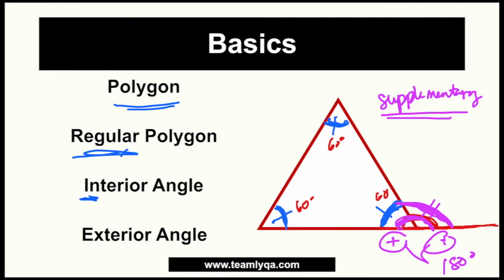So, ibig sabihin, kung 60 degrees ito, ang kanyang exterior angle is just going to be 180 minus 60. Okay? Dahil, sabi natin, isang buong linya to, 180. So, kung 180 ito lahat, para makuha ko to, itong side lang na to, ibabawas ko lang yung 60 sa 180, lalabas 120 degrees. So, ibig sabihin, if we're talking about a regular triangle or a regular polygon with 3 sides, ang kanyang interior angles ay tig 60, they are all the same, at ang exterior angle niya magiging tig 120